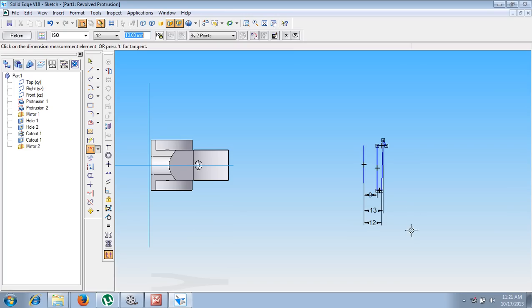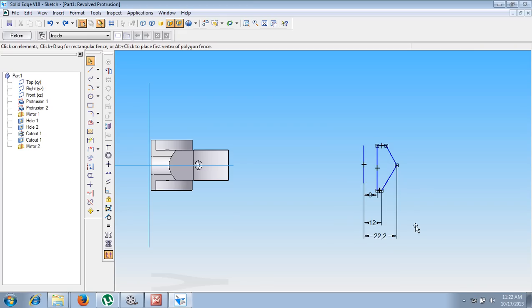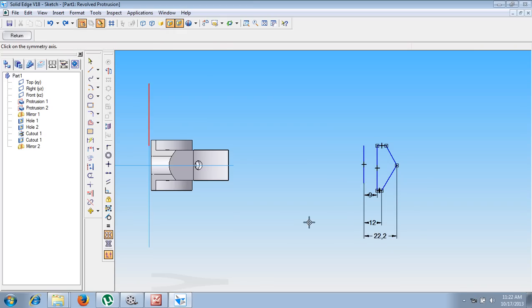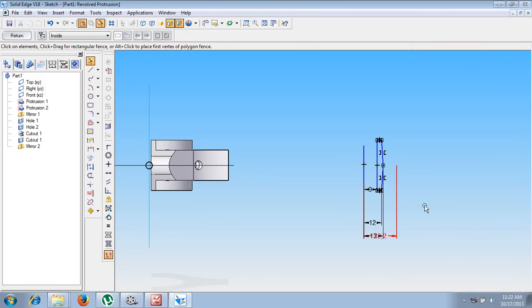After giving all these necessary dimensions, make use of a command called symmetry. Now select the datum plane as the symmetry. Then this line is supposed to be symmetrical to this line. Now you can see it is saying it is not possible. So before changing this dimension, let us go for symmetric and make it symmetric to each other first. Now let us change this dimension to 13. Now you can see it is changing its positions properly.